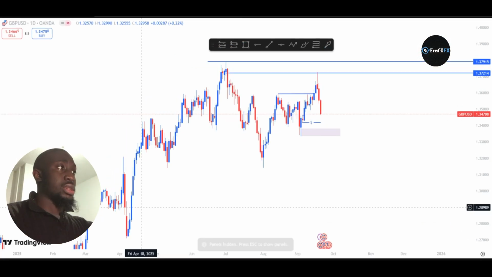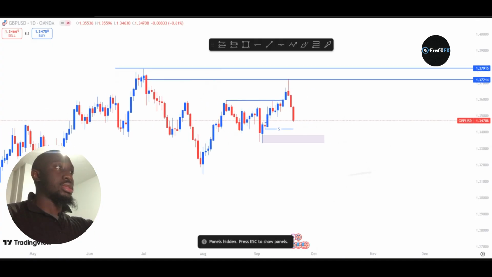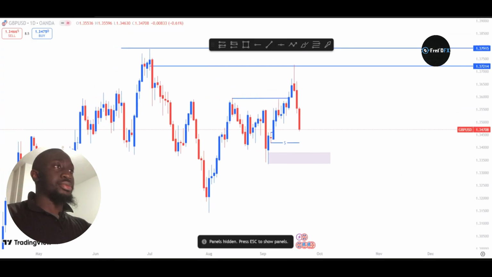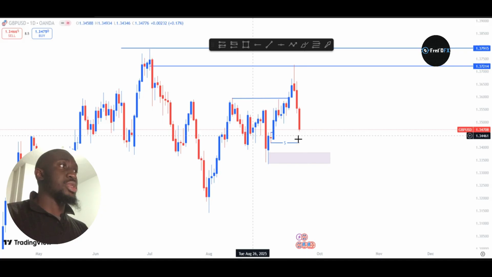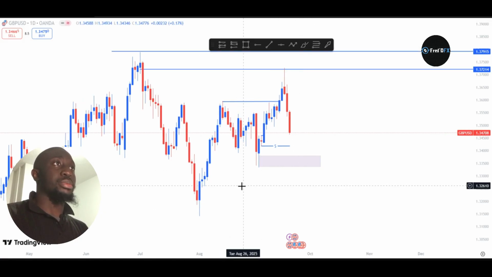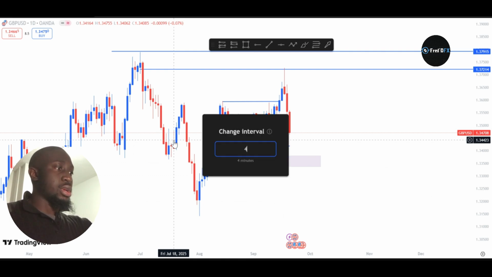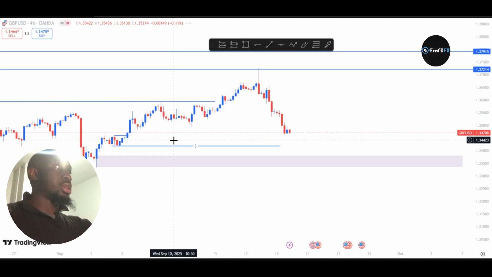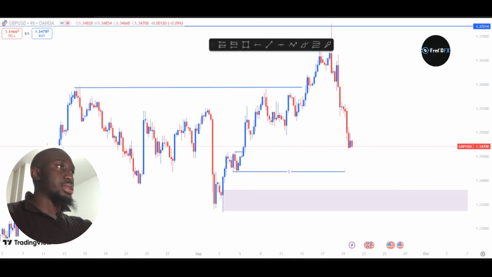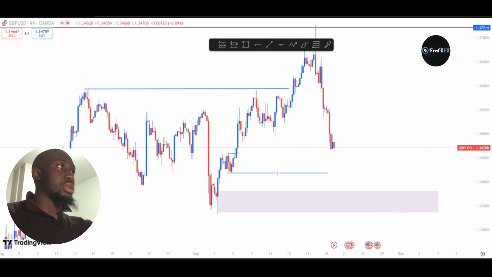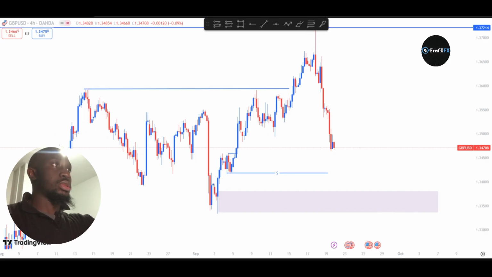As you can see, this is GBP USD, the daily time frame. You already know that GBP USD has been bullish for a very long time. So what do you have to do? You have to keep on buying. Now let's go to the 4 hour time frame. I've done this analysis already, but let me explain what I've done in order for you to understand. Now if you look at the structure,